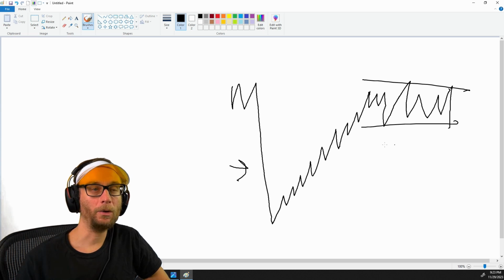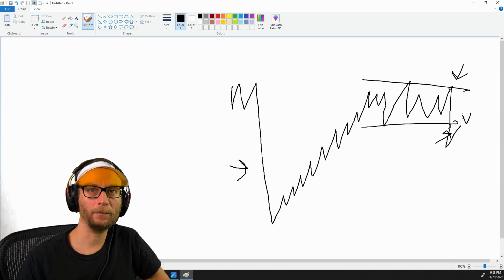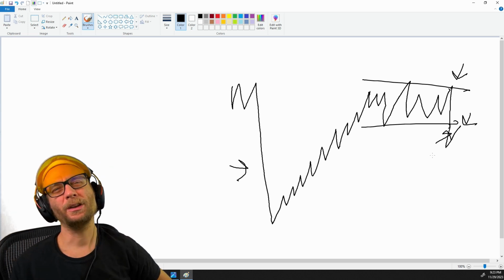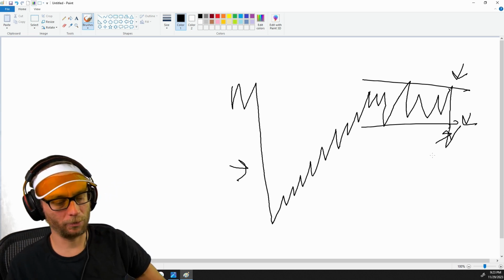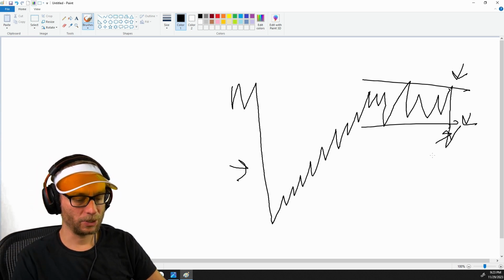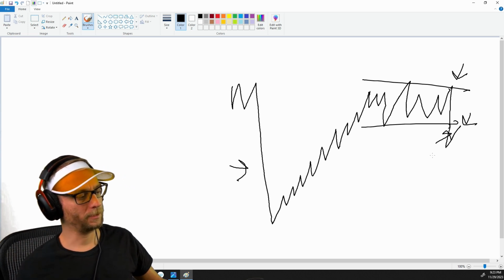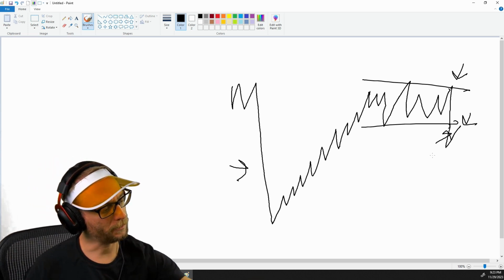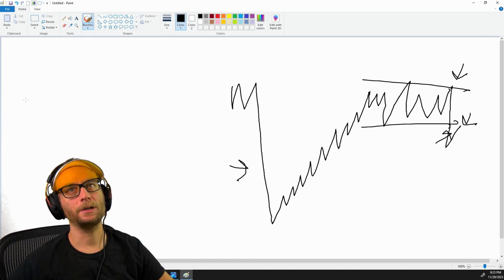Depending on what the higher time frame context is, we can either long it here or short it up here, or if it breaks and it pulls back, we can attempt to short it on the pullback. It really depends what's going on. However, I want to show you real world examples of range expansions so we can talk about this, because I know other traders got messed up today. For me, it was stupidity. So let's go ahead and take a look at the charts.